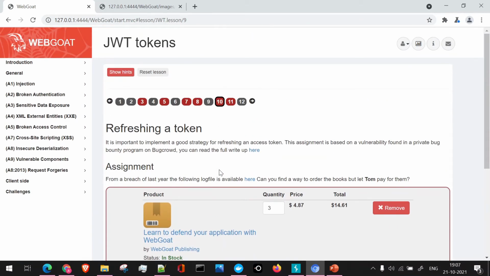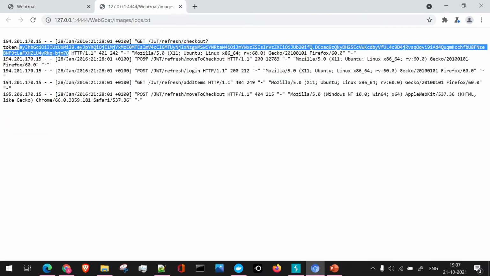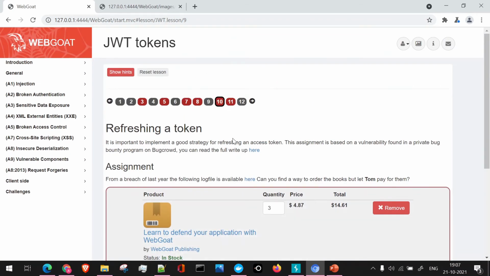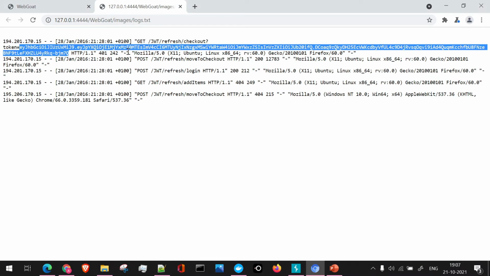Now, whenever we are refreshing this particular lessons page, first of all, we are aware that we just need to have the token which is present, that is of Tom, and to receive that we should have a certain way. So this particular assignment is designed in a way that we are able to fetch the token of a user where we have a refresh login API which is getting called.